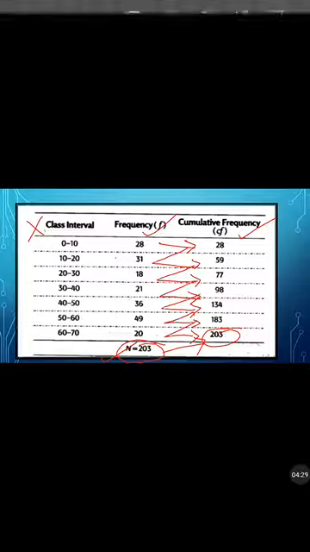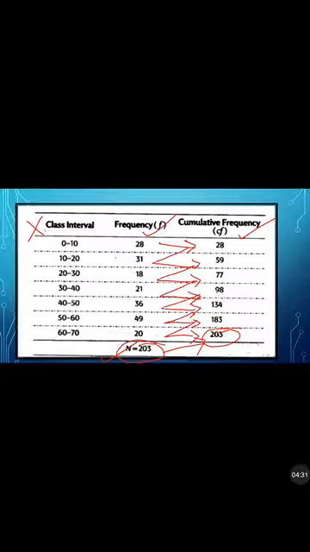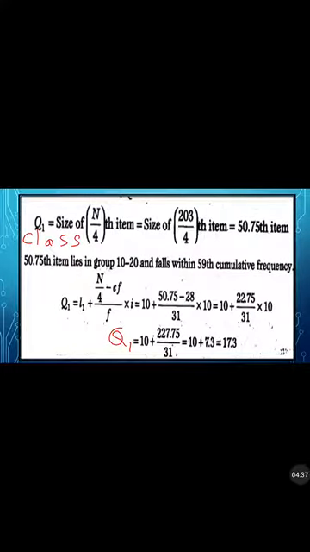Okay, now let us move on to the formula part. This is the table calculation. Now we are going to see the formula calculation. Okay, now what should we calculate? Do you remember the formula? Let me recall the formula once again. First we have to calculate Q1 class, then Q1. Then Q3 class, afterwards Q3. Then only we should go to the main formula.